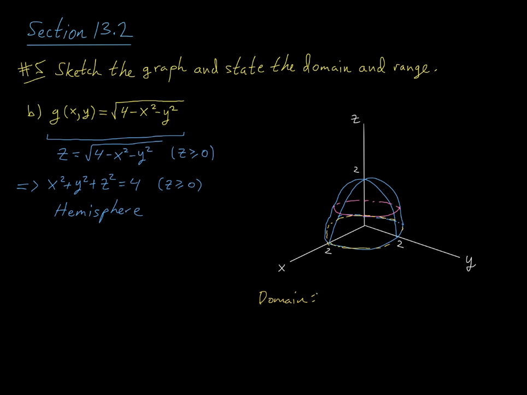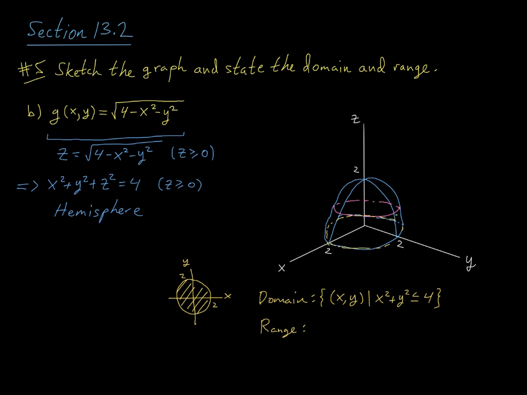So here I can say this would be the set of all xy such that I need x squared plus y squared to be less than or equal to 4. So this would be an entire disk here of radius 2. So it'd be all of this stuff here. Cool. All right, and then for the range,